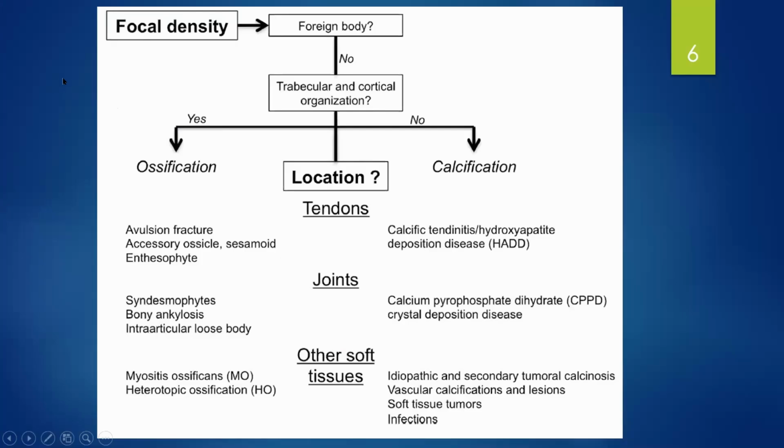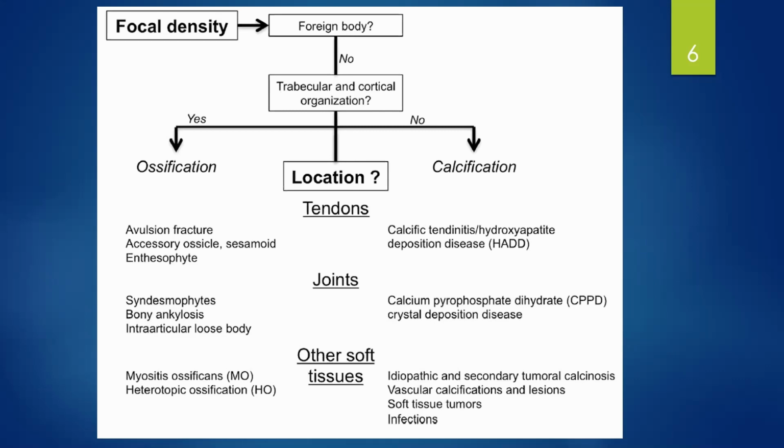So if you have a focal density, you decide whether it's trabecular or has cortical organization. If it is trabeculated and has cortex, and I'll show you images of this, it's ossification. If it doesn't have trabeculation or cortex and it's sort of diffuse and cloud-like, then it's calcification. The locations of these ossifications and calcifications